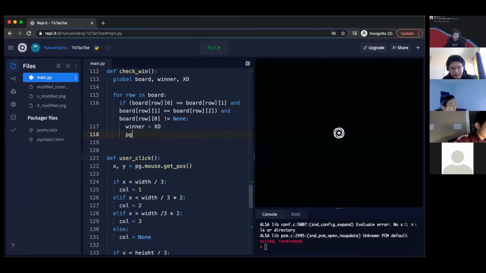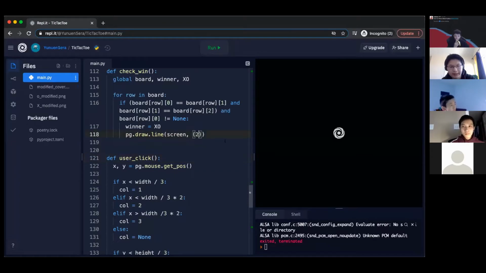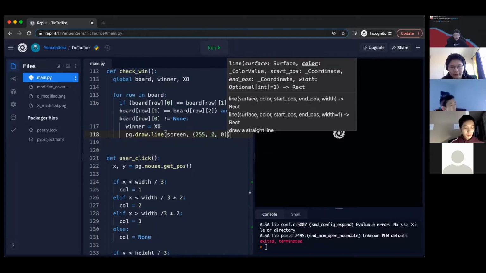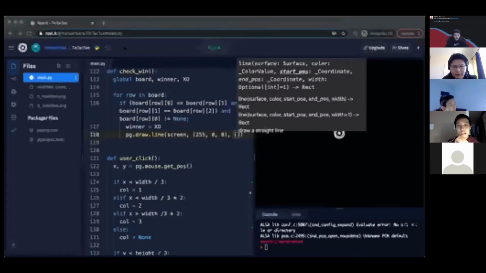So we're going to have drop on screen. For this color, we want it to be pretty distinct from the existing color, so we don't want it to be white or black because that'll be hard to see. So we're going to go with a bright red, so just red. And we're going to have to use a little bit of, well, not a little bit, a lot of math to do this. It's going to be something like, so we start from